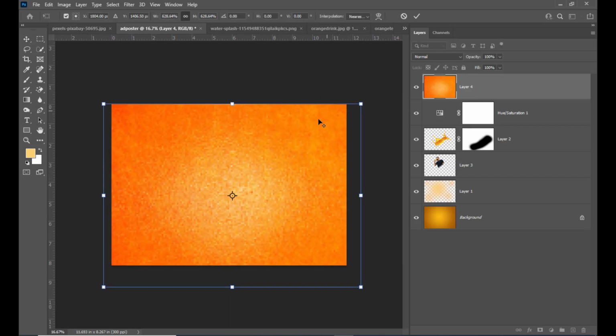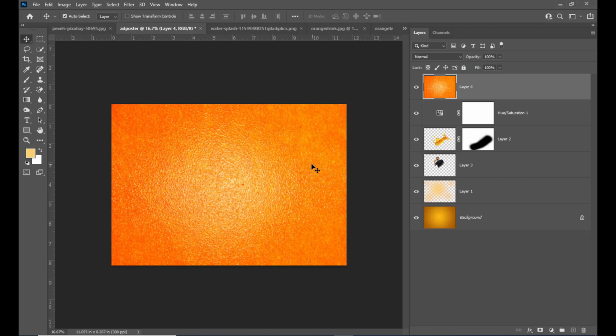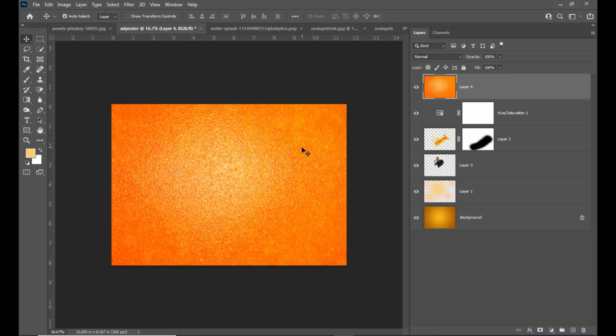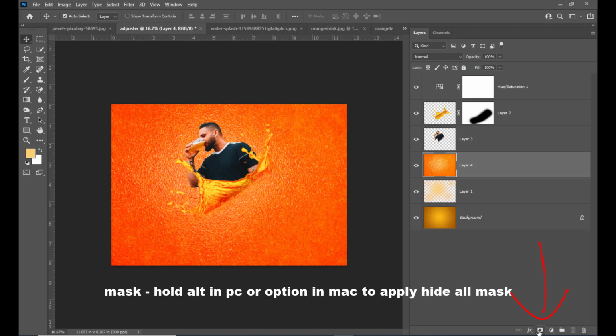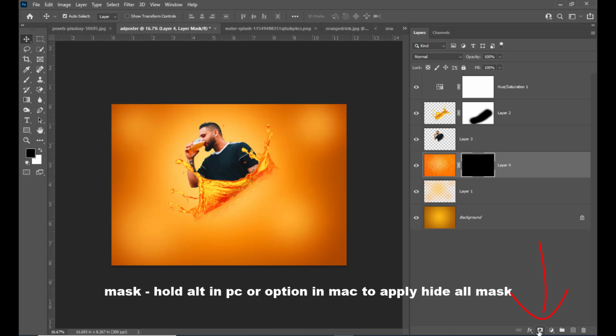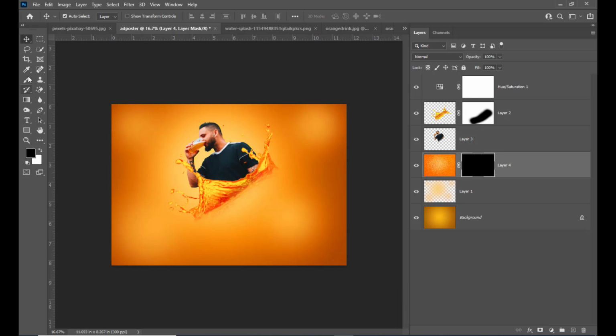Just increase it. Right, and then we will just drag it below the person's layer. Right, and then we'll apply a mask to this orange texture layer. We will simply hold Alt on PC or Option on Mac and click on this mask icon at the bottom of the layers panel. Right, then we will use a brush,